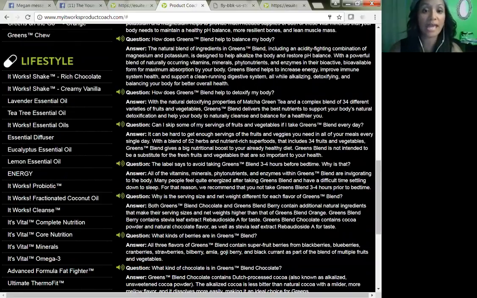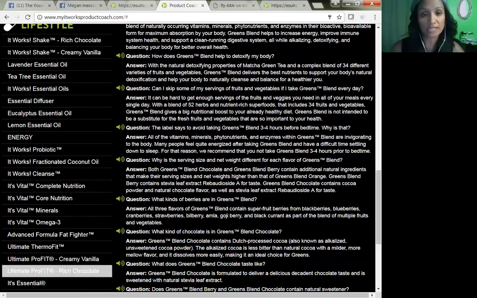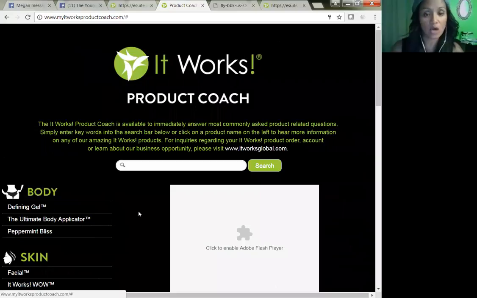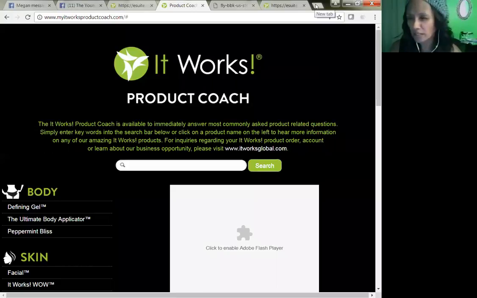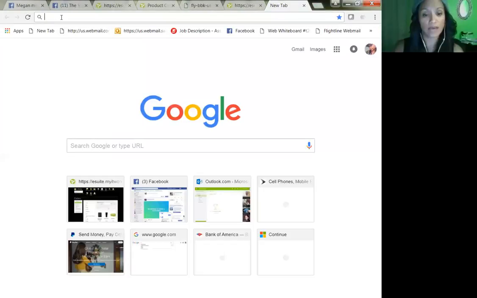Another thing is you can refer them to your global website, and let them know that towards the bottom of the page of each product, there's a hyperlink that says, view product info. Is that what it says? View product info. There's a hyperlink, and that will give them the